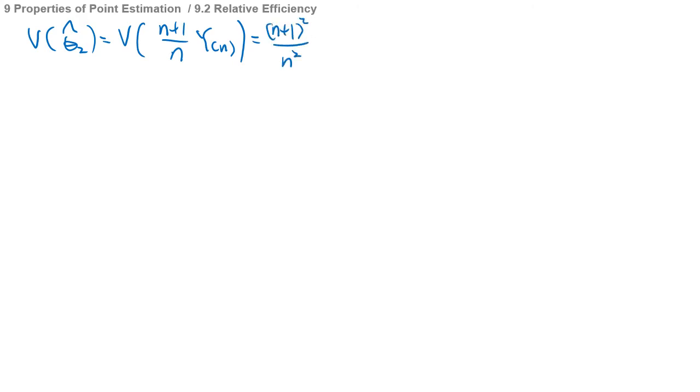So the next thing is to find the variance of zeta 2 hat. And zeta 2 hat is (n plus 1) over n times yn. So the variance is (n plus 1) square over n square times the variance of yn. So we need to derive the variance of the maximum of the yi's, and we know how to